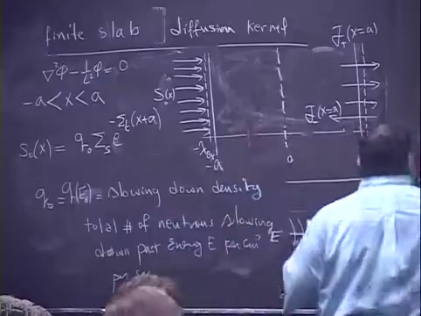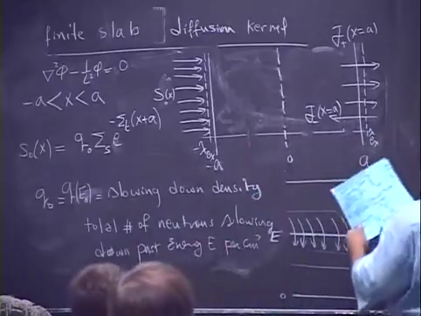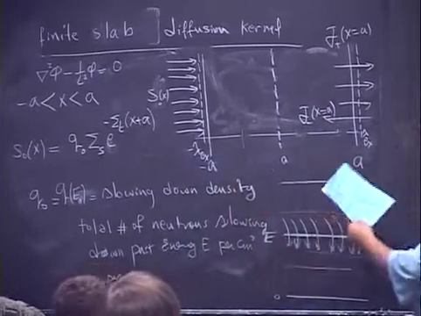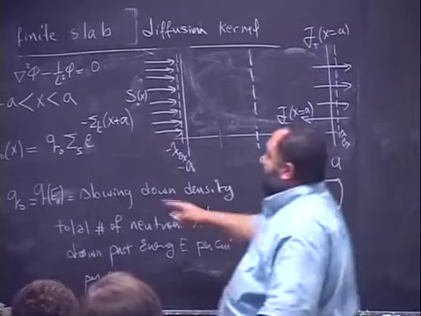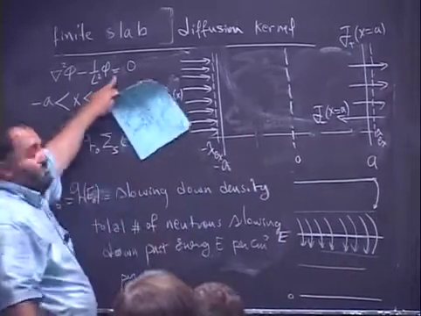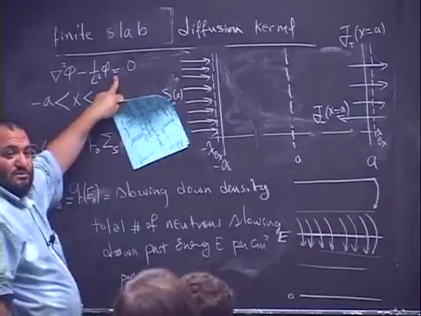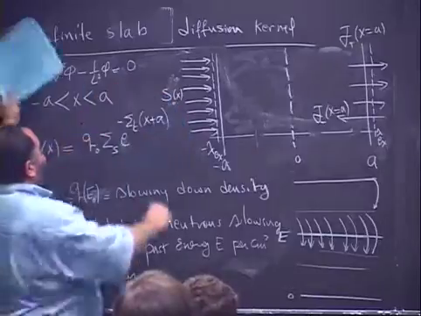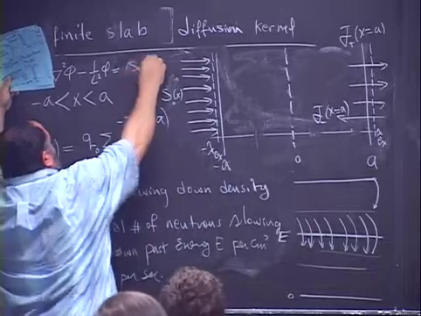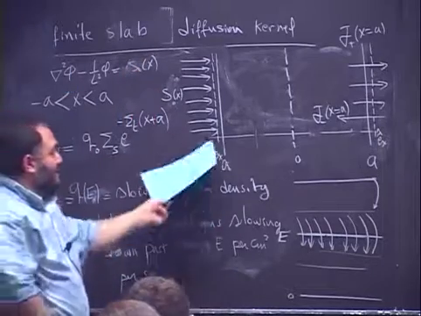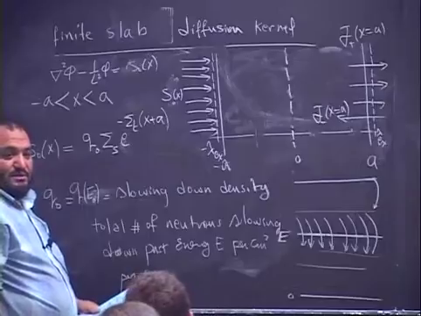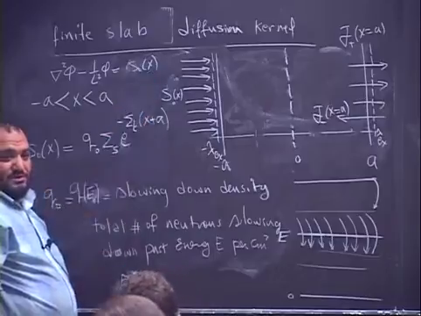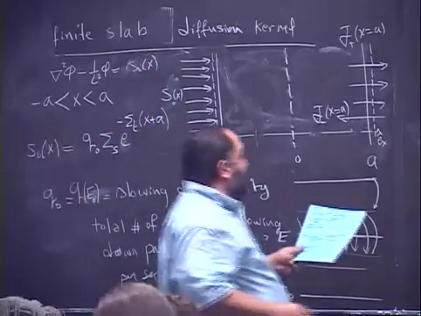So now, if you do the calculations, you solve the equation with the boundary conditions and with the source here. Of course, I have to add one more term to this equation to be able to solve it. What's this? The source term here, at x equal to negative A. So you have a particular integral coming from this source term. When you solve this, you will notice that the flux